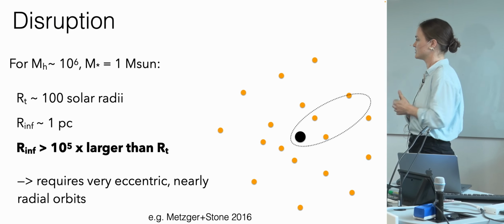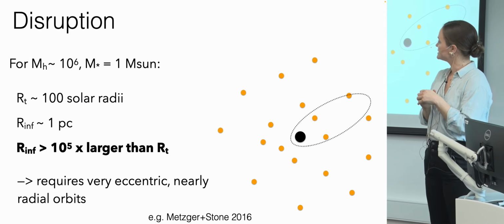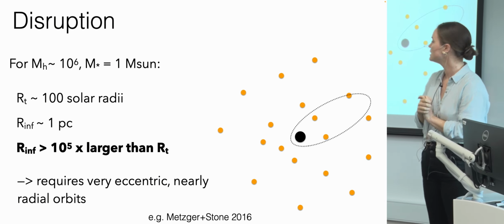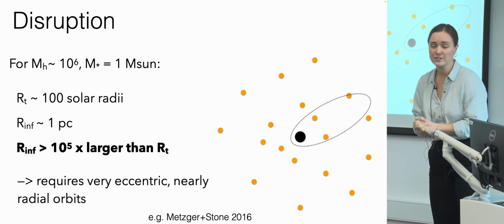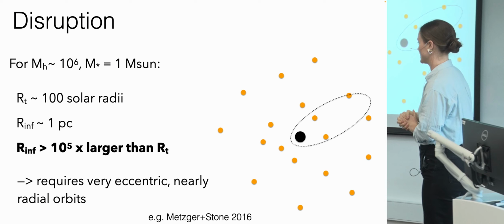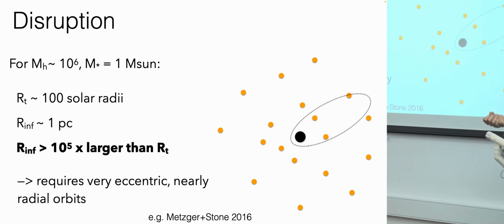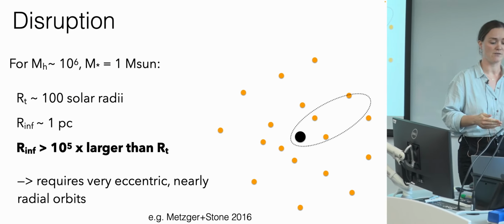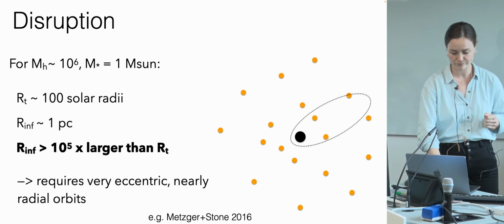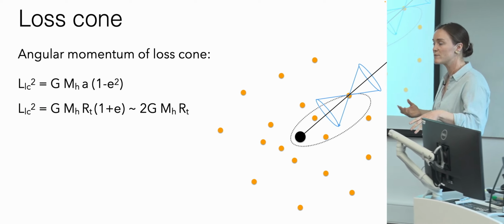So a little bit more about this disruption process to understand the physics better. If we take some numbers for a 10 to the 6 solar mass black hole, like the one at the center of our galaxy, for a solar mass star, the tidal radius is about 100 solar radii, but the radius of influence is a parsec, and so it's more than 10 to the 5 times larger than the tidal radius, which is why we expect most TDEs to be on very eccentric, nearly radial orbits. We can actually do a quick estimation of the angular momentum of these orbits to